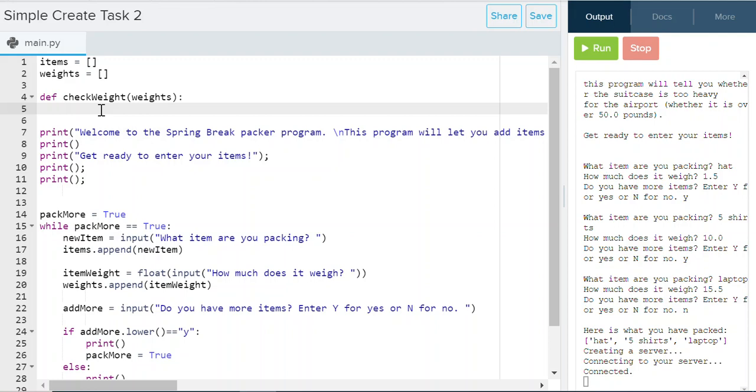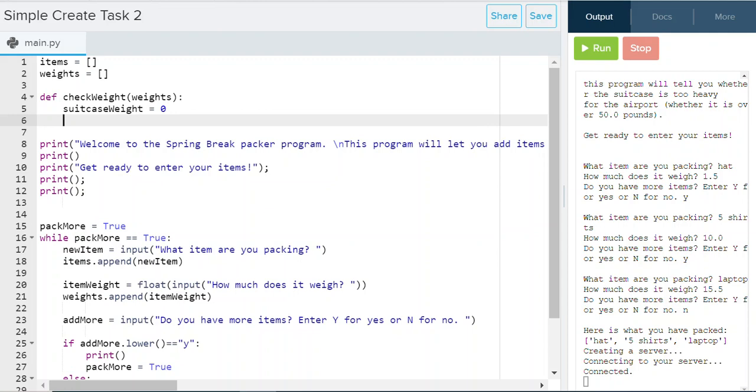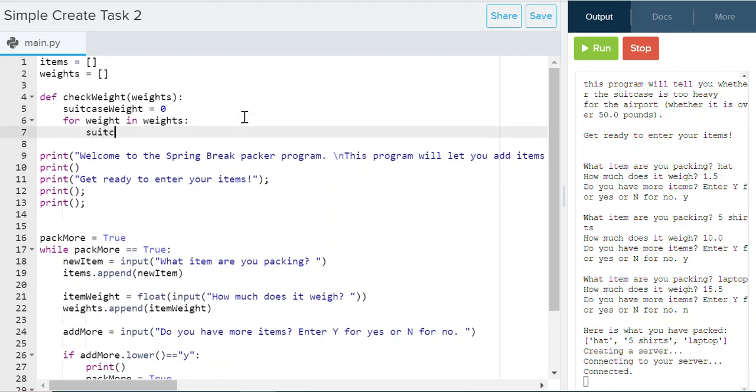So I'll say suitcase weight equals 0. And now we need to loop through our list of weights. The way we do that in Python is we say for each weight in our list called weights, colon. So I type in for weight in weights, but in my head, the way I think of it is for each weight in my list of weights, what I need to do is I need to say suitcase weight